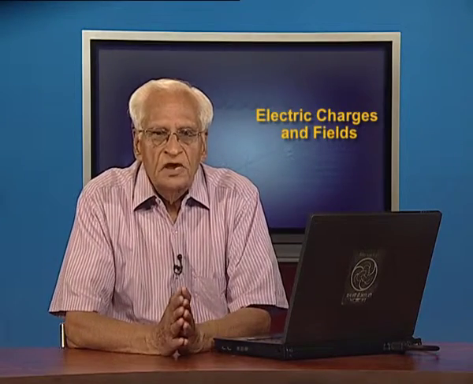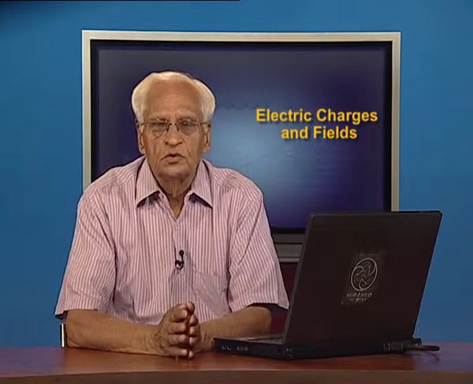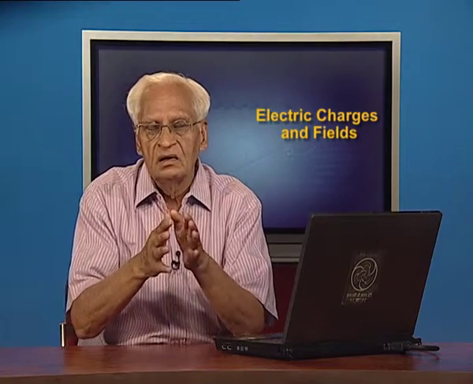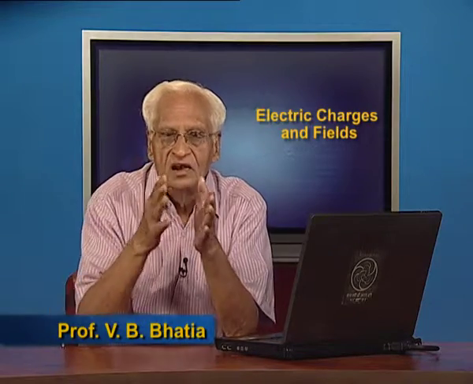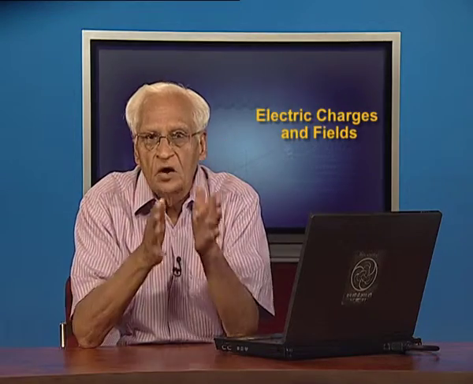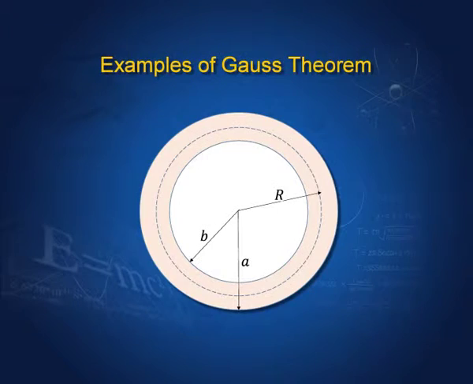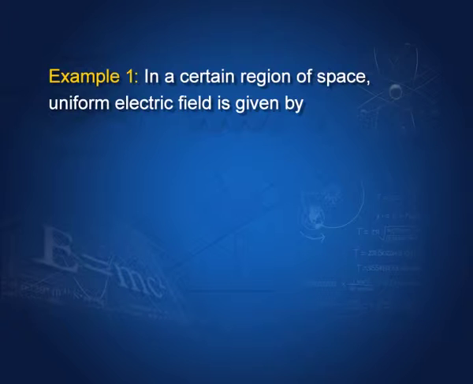In the last lecture, we applied Gauss theorem to several situations. We applied Gauss theorem to a uniformly charged conducting sphere, a uniformly charged non-conducting sphere, a uniformly charged shell, a line charge, a sheet of charge, all those situations. And now, we have chosen a few examples which are based on Gauss theorem, so that the ideas expressed in Gauss theorem and in all these situations get fixed up. So, let us take a few examples.